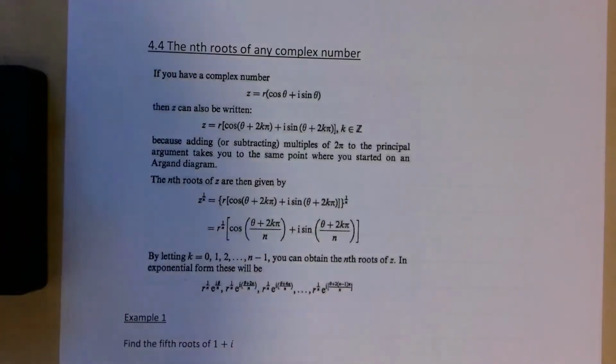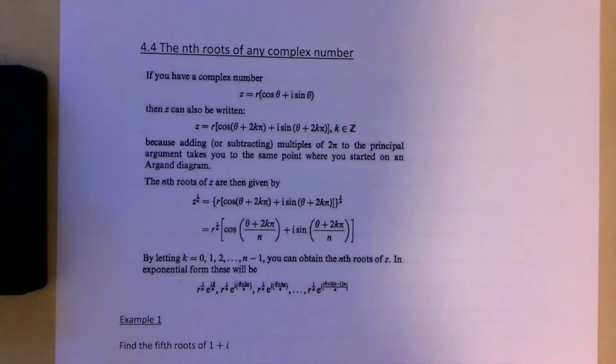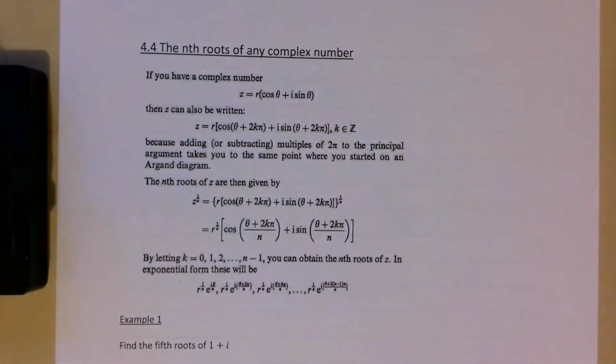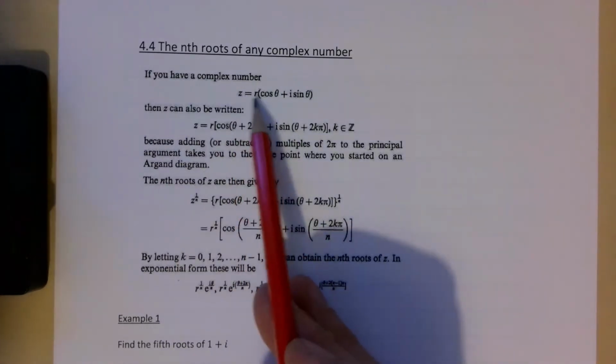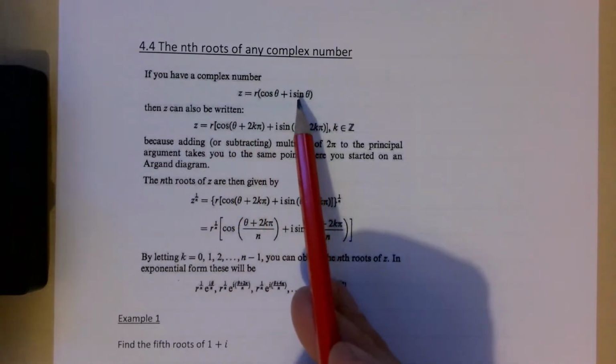Okay, this is the final bit then of our complex numbers: the nth roots of any complex number. We've just been through the nth roots of unity, as in all the nth roots of 1, and so this is just an extension from that. So if you have a complex number, z equals r(cos theta plus i sine theta), this can also be